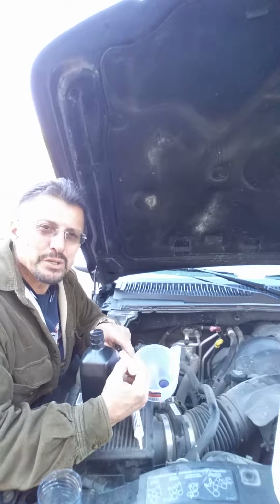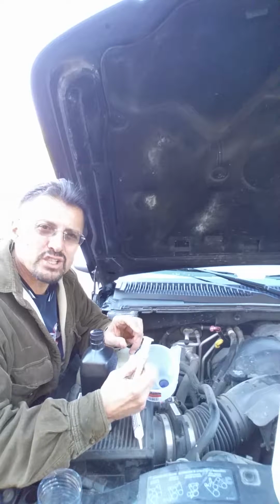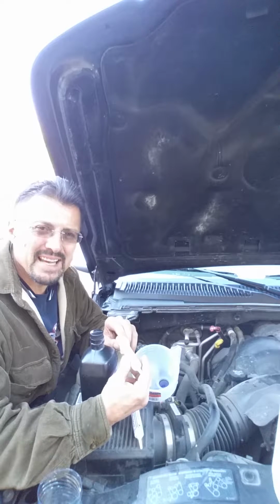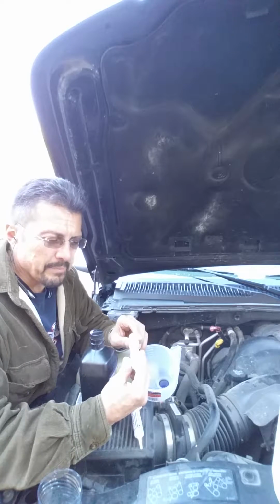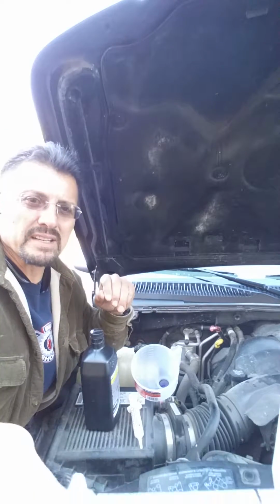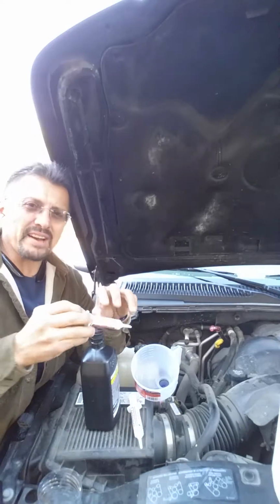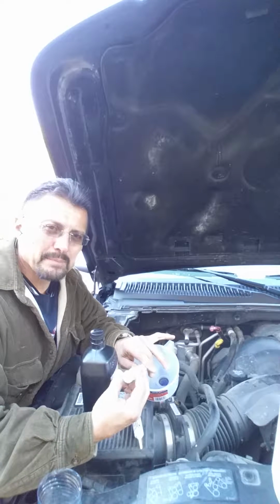I'm here in Farmington, New Mexico, and I'm getting ready to put a CerTechGel application into my transmission. I am working here on a 2006 Escalade ESV, the big long baby. The product that I'm using today is called CerTechGels, and they are an outfit out of Prescott, Arizona, and the owner of the company is